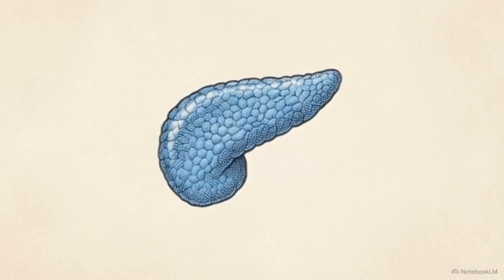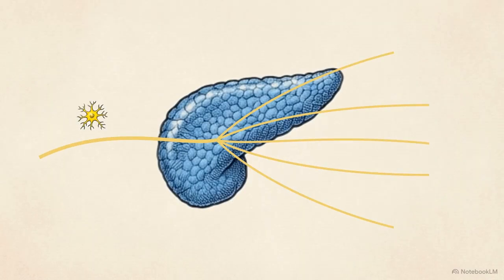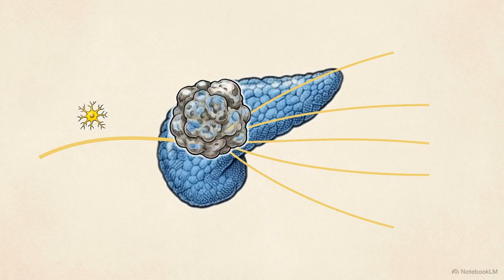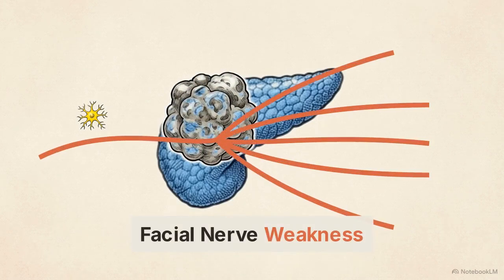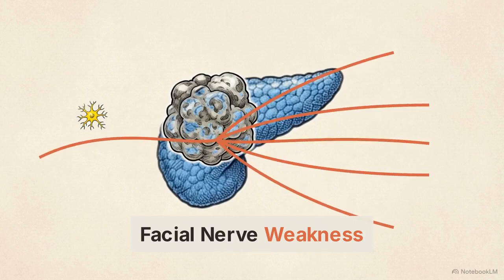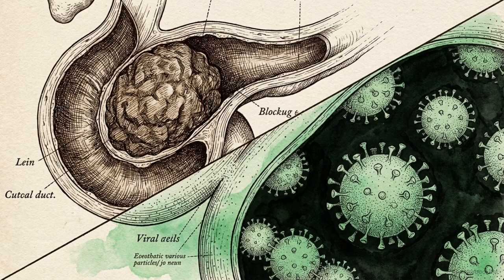Looking at this cross-section, an expanding mass presents as a palpable lump. As it grows, it places direct physical compression on the adjacent facial nerve pathways passing through the parotid, leading to localized facial nerve weakness. While those are localized mechanical failures, the network is also vulnerable to systemic viral infections, like